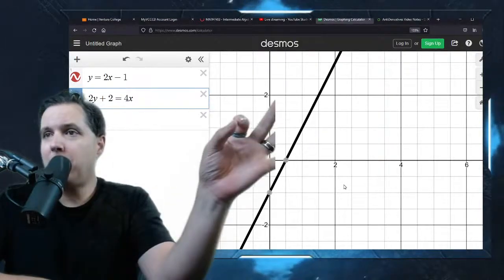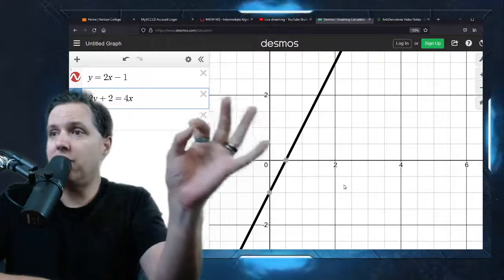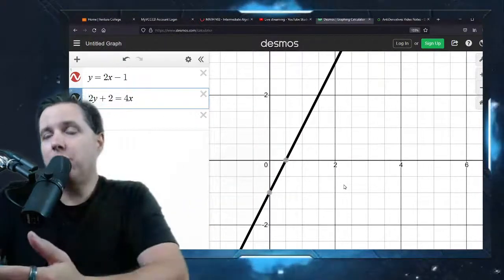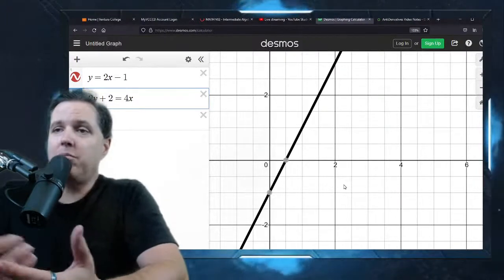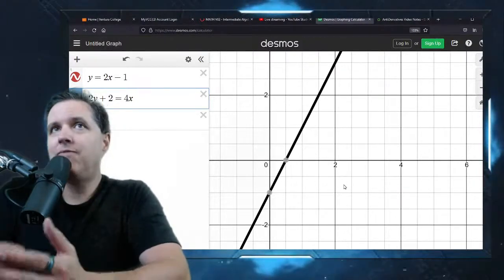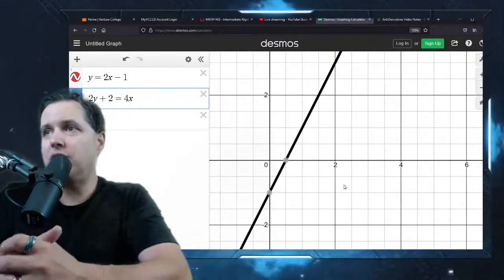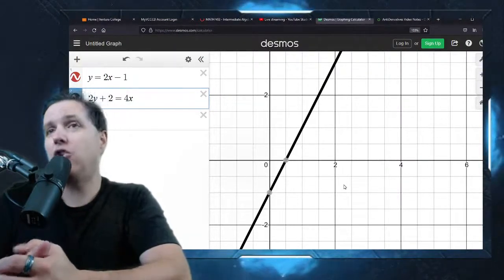So when we did that problem, we found the solution. We didn't just count how many there were. We found it. And then, yes, when there was a problem with no solutions, we said there aren't any, but there's no solution to state in that case. In this case, it's not really good enough to say there's an infinite number of solutions, even though some of you may have previously learned to do that.